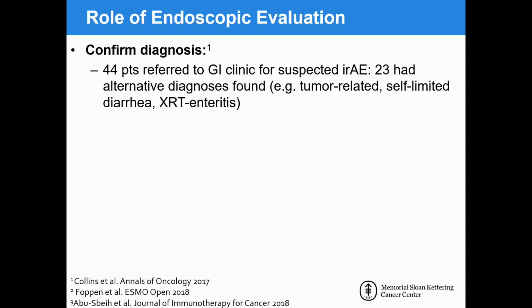This was just an illustrative point. This is a clinic in France where they specialize in the management of immune-related adverse events. 44 patients were referred for suspected GI toxicity, and remarkably, only half of those actually truly had colitis. So this may be a little bit of an underestimate of what we see, and I would say probably about 80% of patients truly have colitis, but that means there may be 20% that were wrongly diagnosed. So there are patients that we're probably undertreating and others that we're overtreating with immune suppression who may not need it if we're not confirming the presence of colitis with any kind of objective markers.